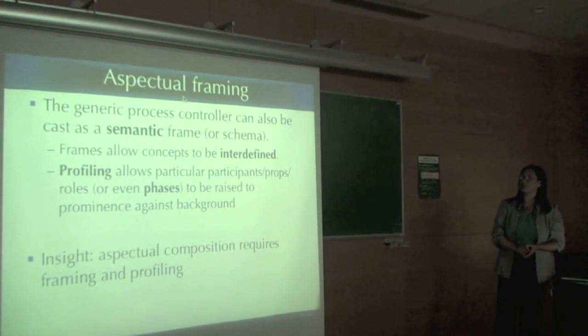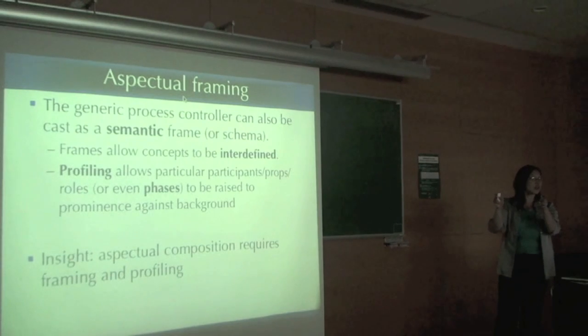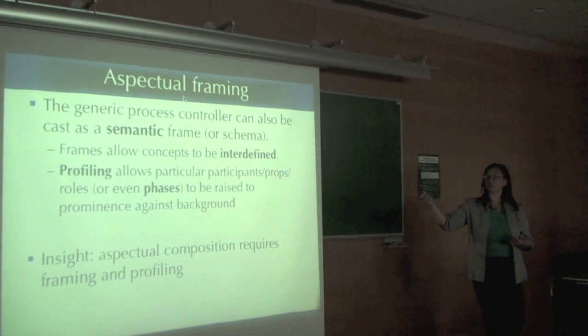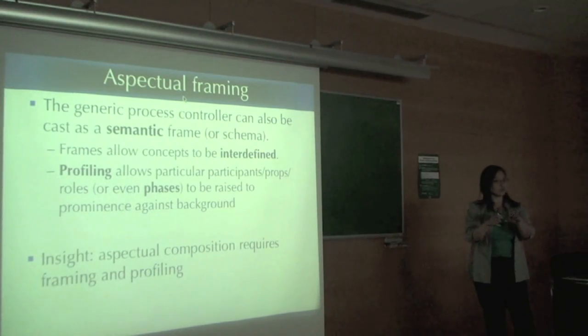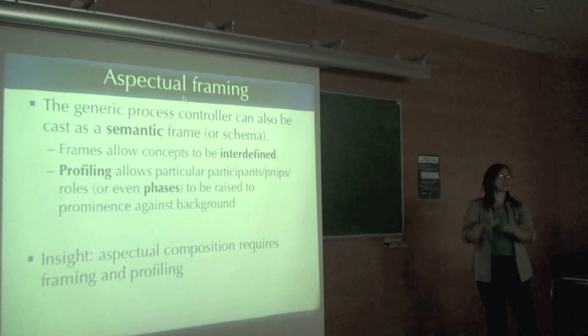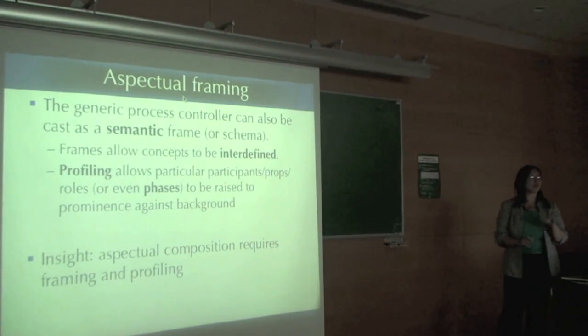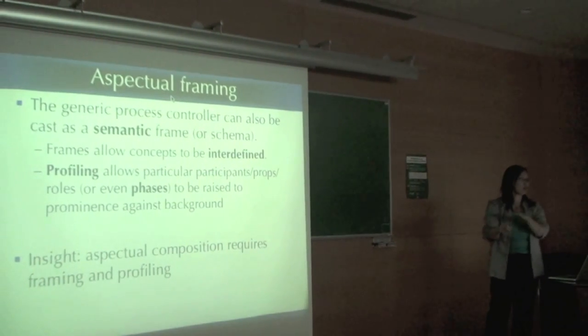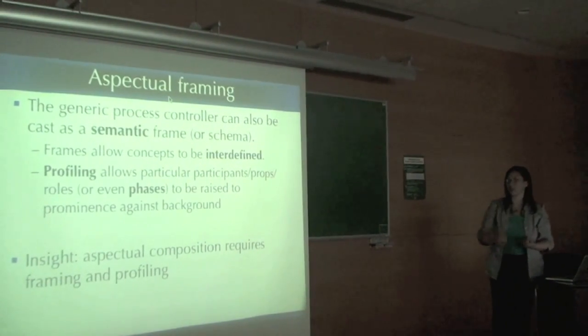Okay, so the idea is that these interdefined concepts are important, and they are also appropriate for the idea of event structure here. And profiling, this term, is also meant to mean highlighting, okay? So if I'm profiling, I'm focusing attention on that part. The common example is hypotenuse, this idea from geometry, the right triangle. What is hypotenuse? You only know it as part of the right triangle. It has to be defined that way, and it's highlighting that part.